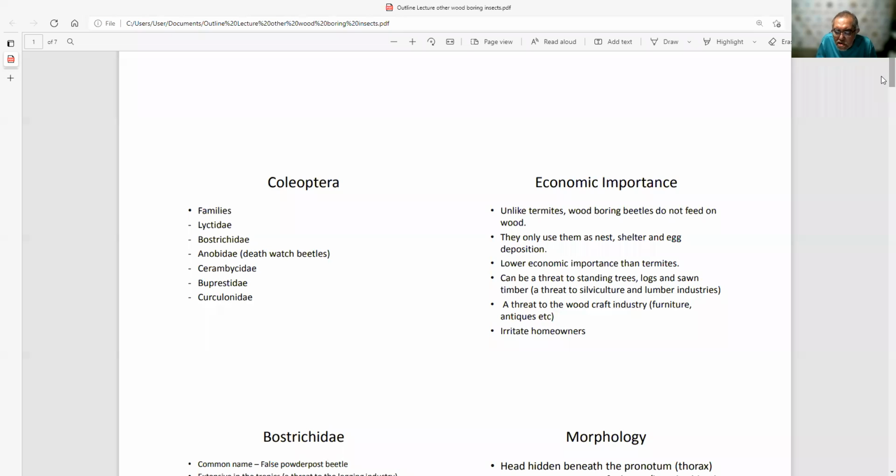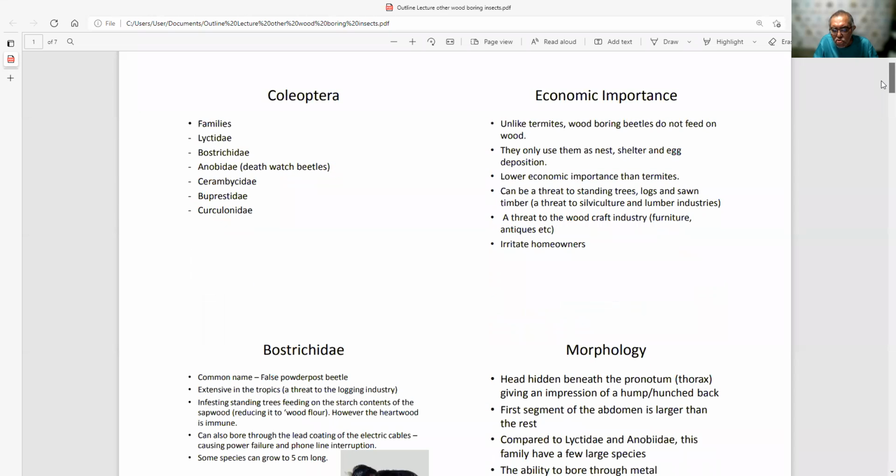Di samping itu juga perabot, terutama apabila kayu-kayu tadi diproses, kayu-kayu yang bergergaji tadi diproses dan kemudian diolah dalam bentuk perabot. And then later on you will see this marks, tanda-tanda ianya ditebuk oleh kumbang. So of course it will bring down the value of the furniture